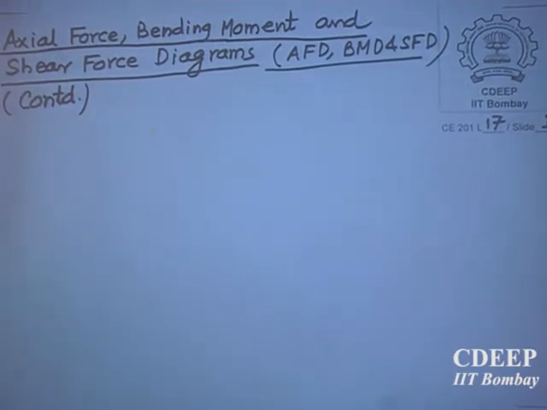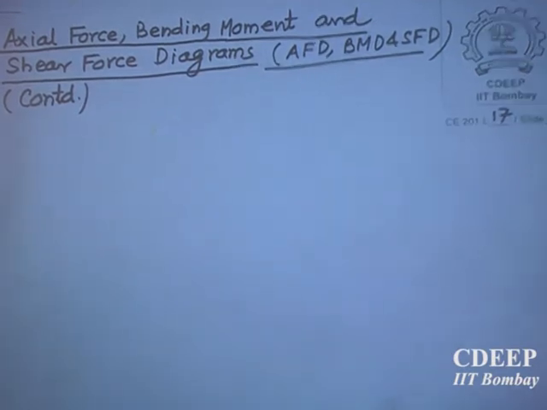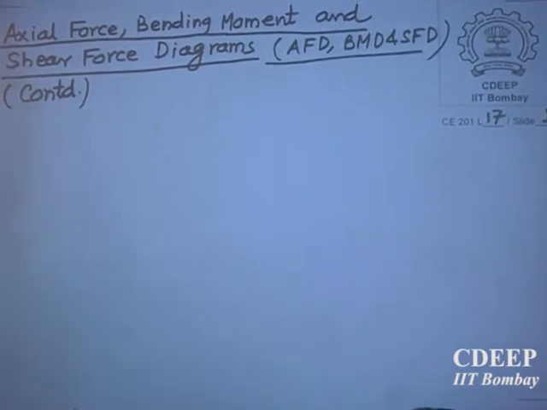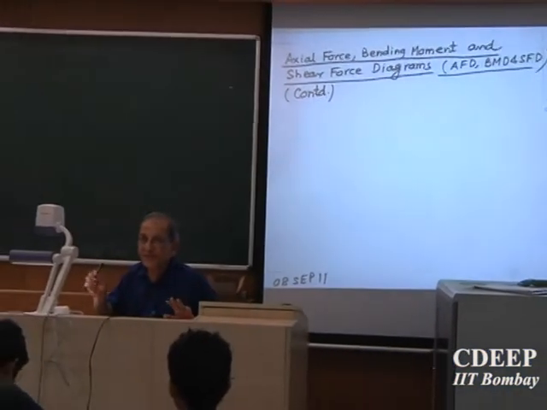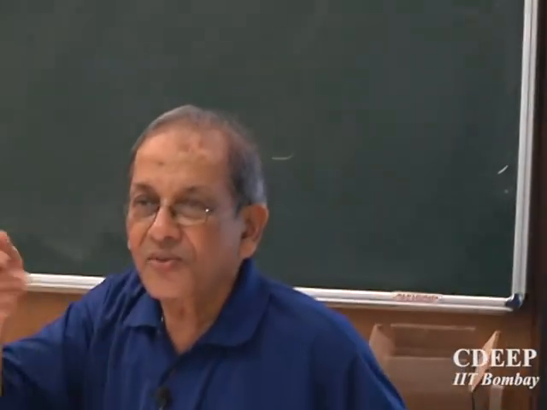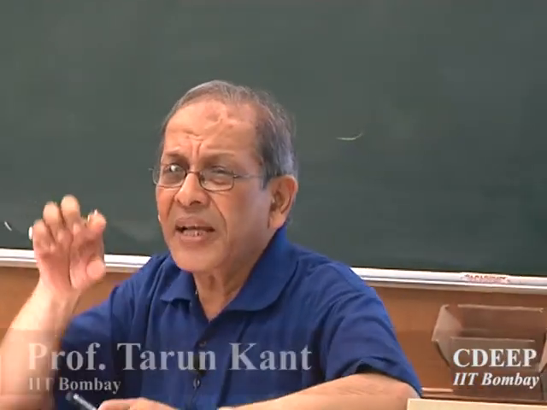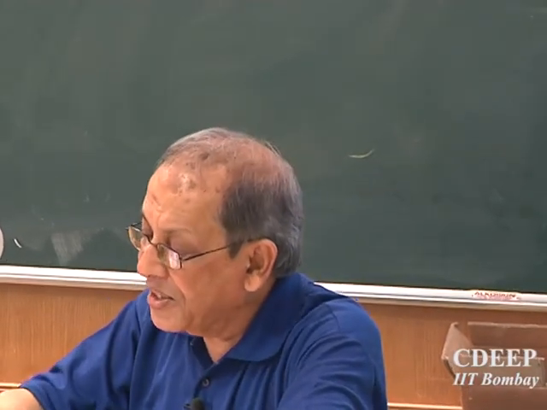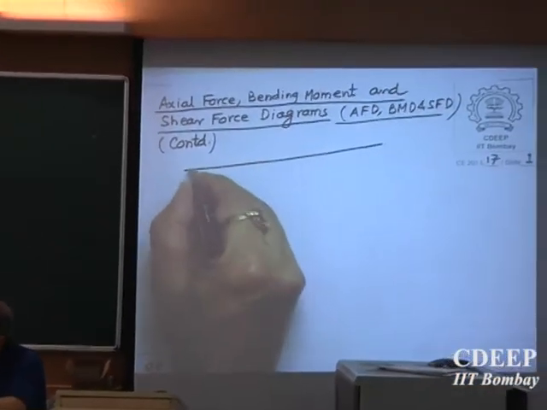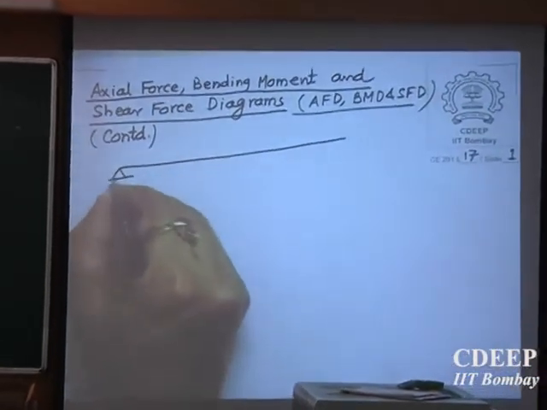Okay, so these diagrams are important, and these diagrams are integrated values of stresses. You must remember that bending moment, shear force, and axial forces are the integral of the stress that acts on that cross section. Now we will not be drawing the depth of the beam. We will show a beam just by a single line, that is the centroidal line. So we are idealizing a beam as one dimensional. From here to here, if this is of length L, this was simply supported, which we have been taking.